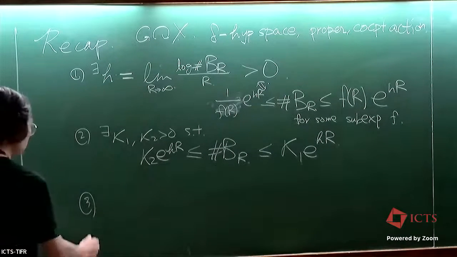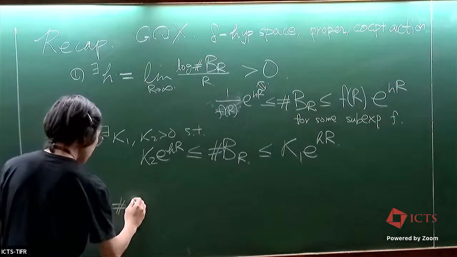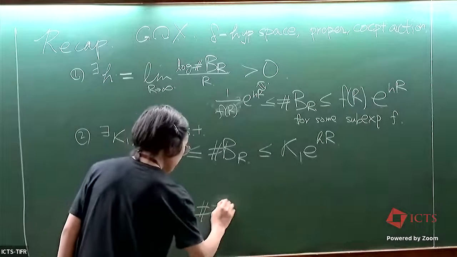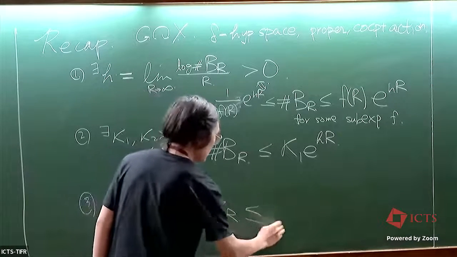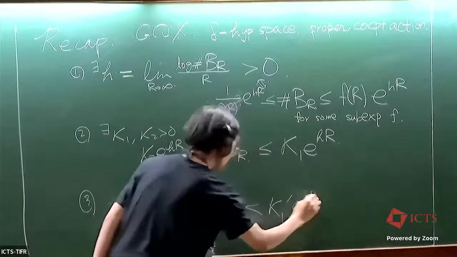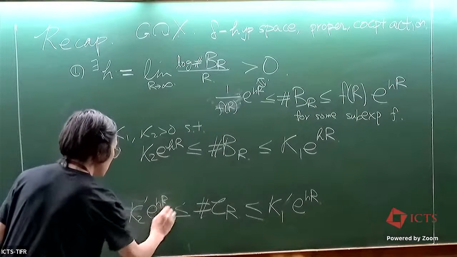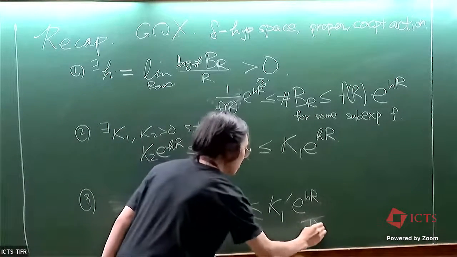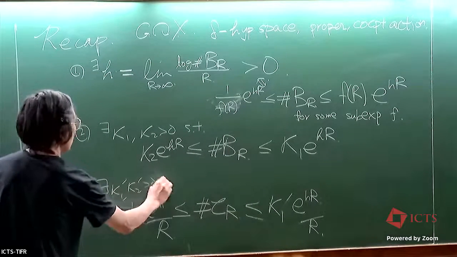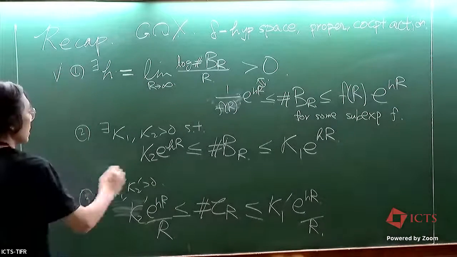And the final step was to prove that this is also in a similar sandwiching situation, but now the function is divided by r. Okay. So last time we checked this and this lower bound,